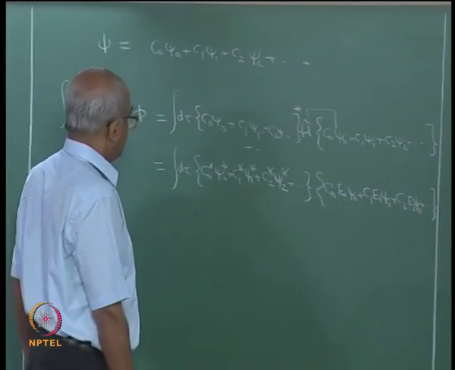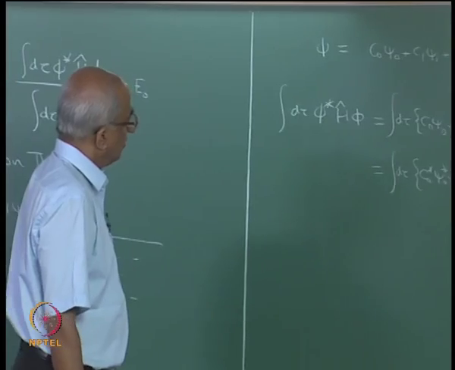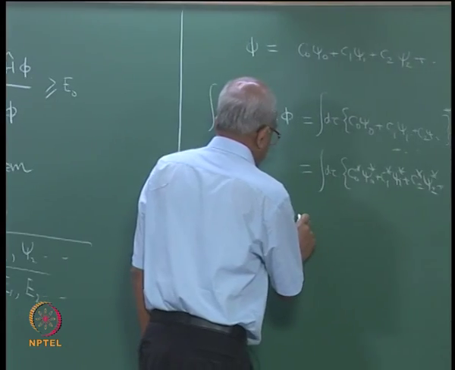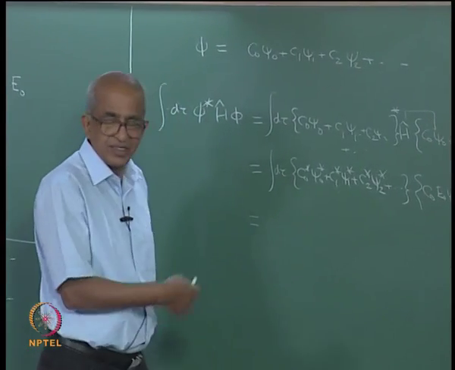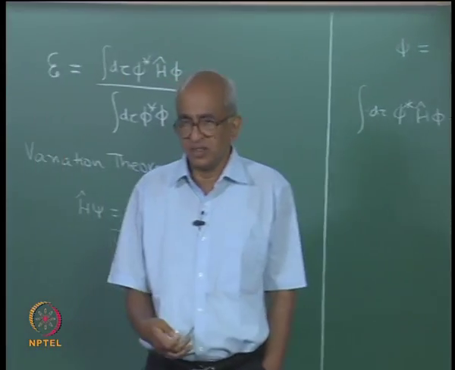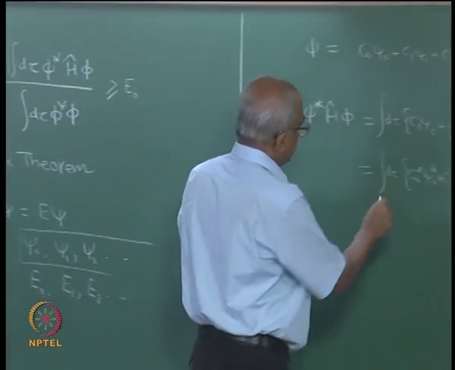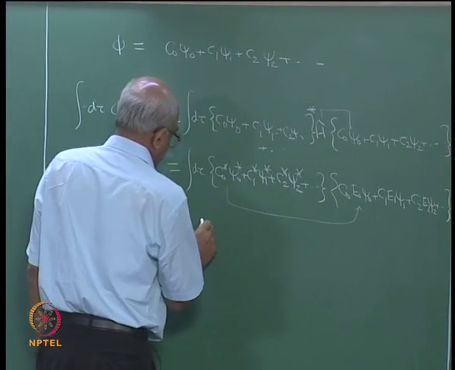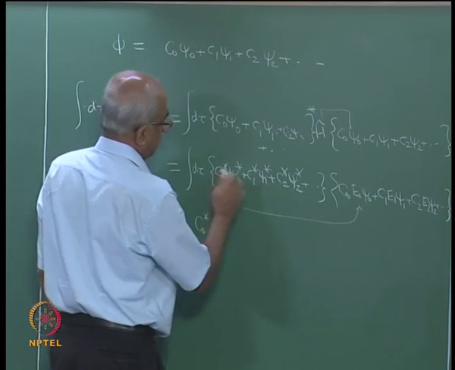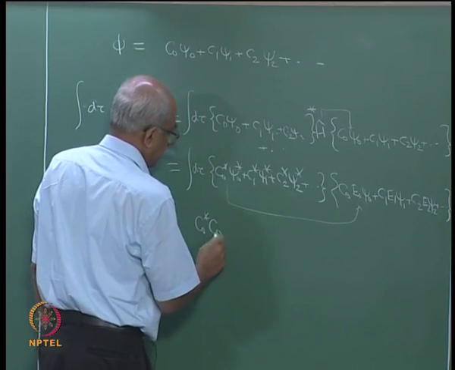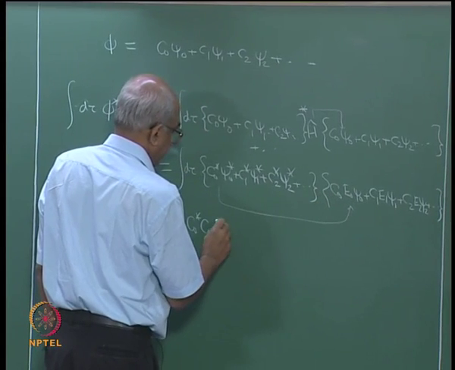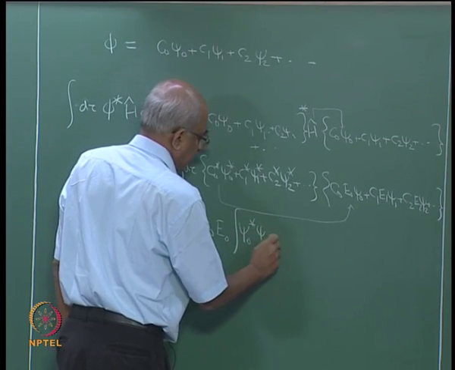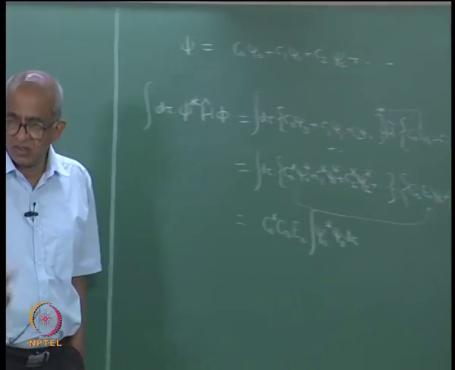That is what is going to happen. Right? And now suppose I multiplied things out and did the integration. So what is going to happen? Let me demonstrate to you: this term I can multiply with that. What will be the result? The result will be C0 star from here, there will be a C0 from there, there will be an E0 from here, and I will have integral psi 0 star psi 0 d2. That will be the first term,